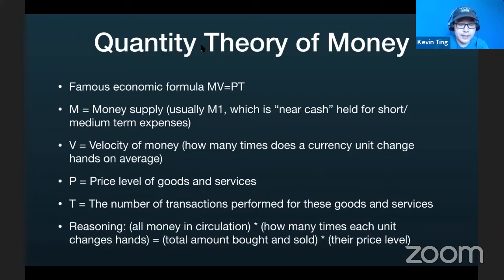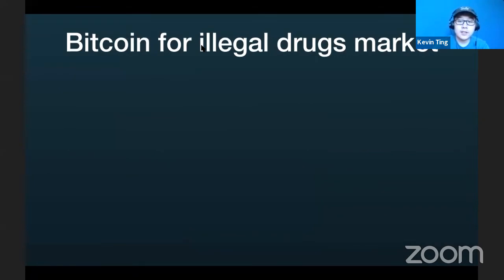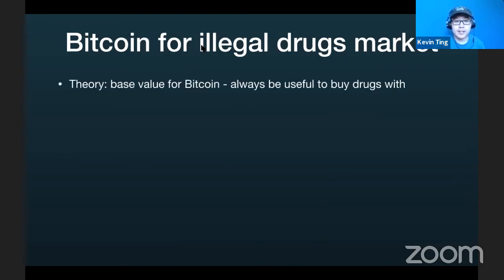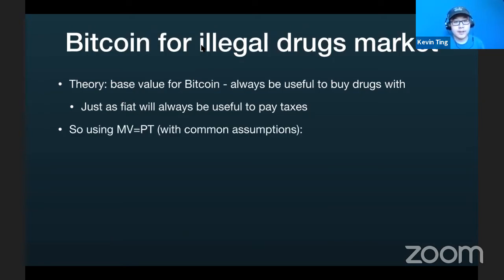So the reasoning is that all money in circulation times how much each unit changes hands is equal to the total amount bought and sold times their price level. If we take a look at a very common argument, which is that Bitcoin is always going to be useful for the illegal drugs market, the theory is that the base value of Bitcoin is that it's always going to be useful to buy drugs with, just as fiat is always going to be useful to pay taxes to the government with. So if we use MV equals PT with some assumptions,